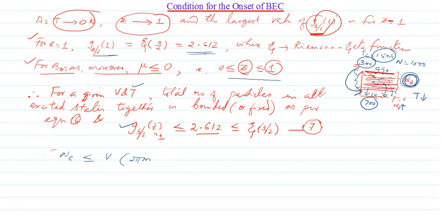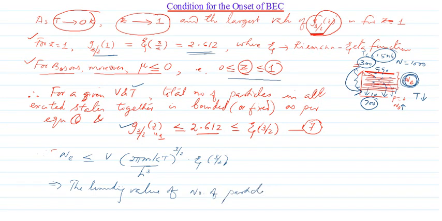So that is (2πmkT/h³) whole raised to 3/2 into ζ(3/2). We can rewrite it this way. Or we can say that the limiting value, the border value of the number of particles, the maximum value, we can say, of the number of particles in all excited states together,